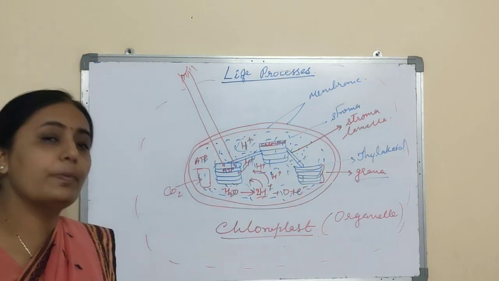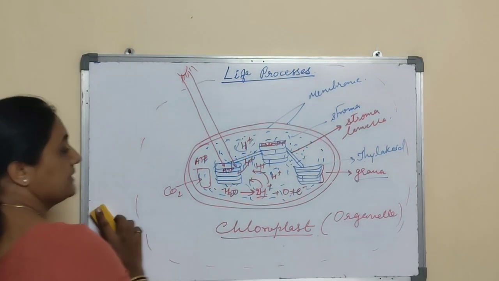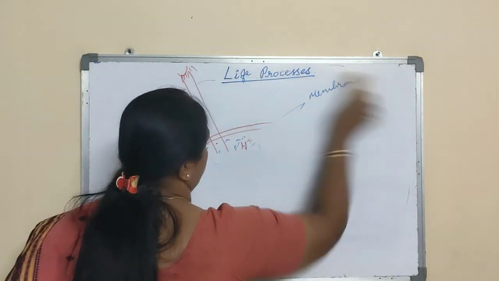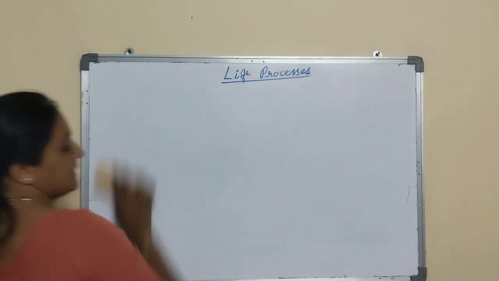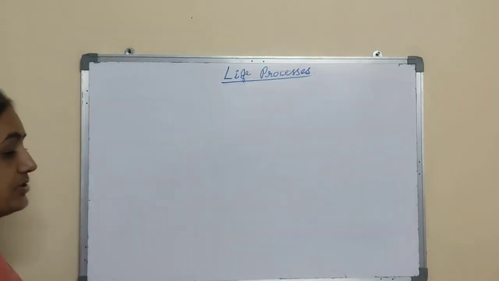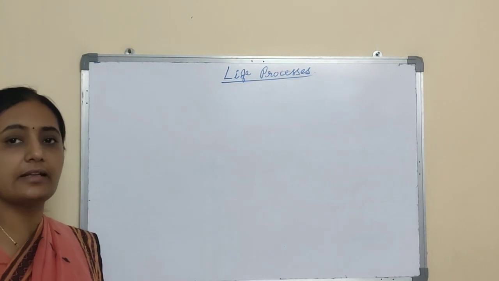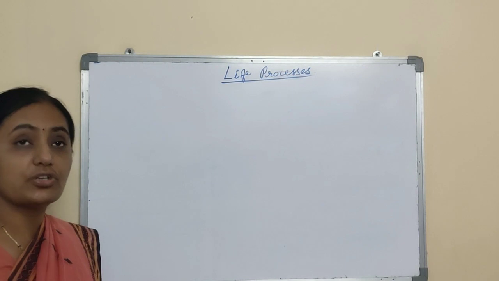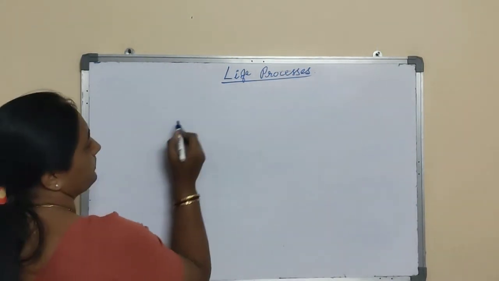Now, where is this chloroplast present? As we say, chloroplast is present in the plant cell. So what about the plant cell? Plant cell means all the cells where green color pigments are present. Generally, we find this in the structure of leaves. Leaves are generally green in color, and we can take the structure or section of a leaf to study the structure of chloroplast.